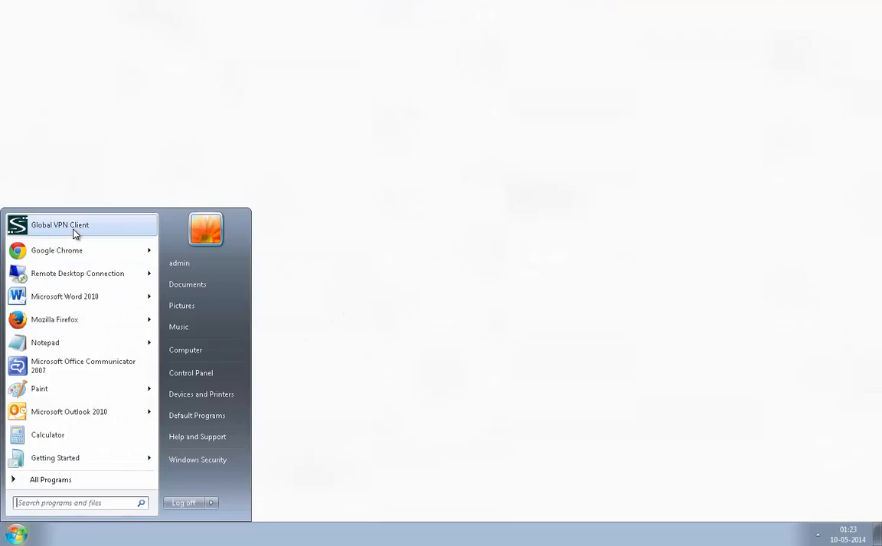Now we have remoted into a client PC from where we will be connecting. We have downloaded and installed the Global VPN client on this system. Once installed, this is the Global VPN client view that you see. Click on the File, New,